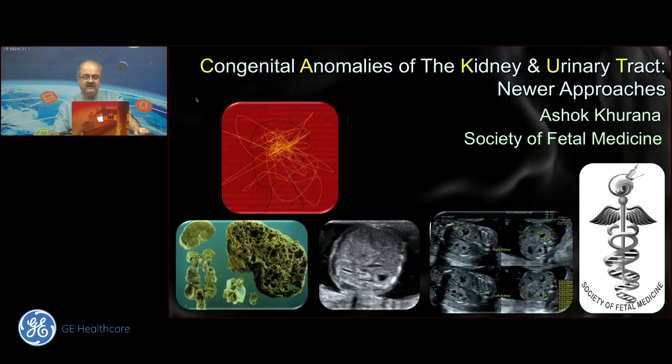Tonight, we are going to discuss something that has a new acronym to it: congenital anomalies of the kidney and urinary tract. It is becoming fashionable to now call it C from the congenital, A from the anomalies, K from the kidney, and U and T from the urinary tract. So it's called CAKUT. And I will discuss newer approaches. There's a lot of old stuff that we will go through and which we'll still use. But the idea today is to unravel some of the newer stuff, because there are a lot of threads that